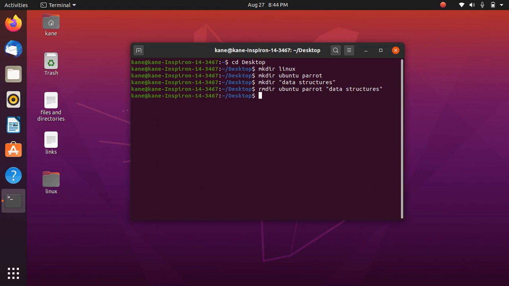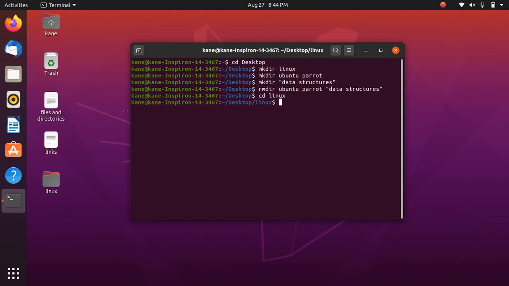So the mkdir and rmdir commands are over, and now let's create an empty text file inside the Linux directory. Okay, so let's create an empty text file.